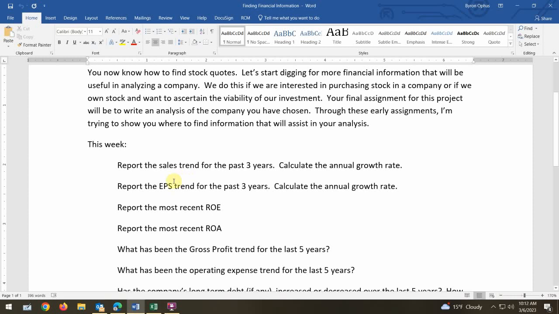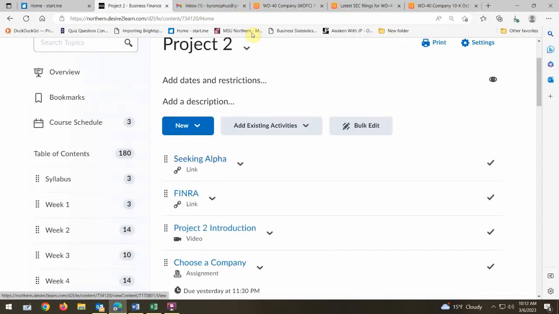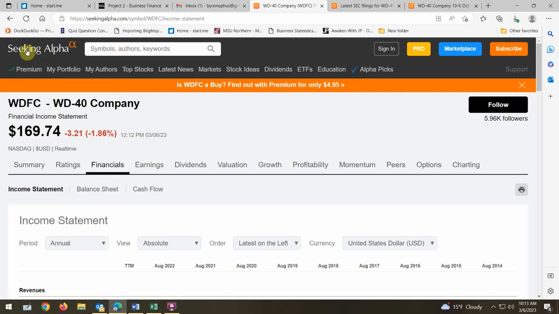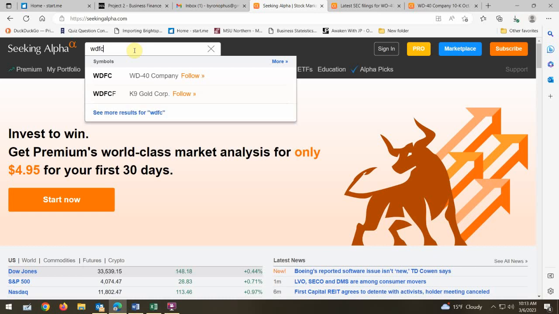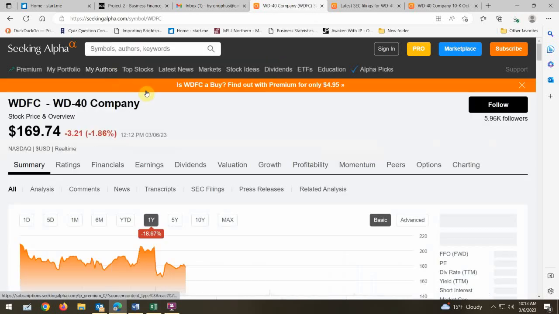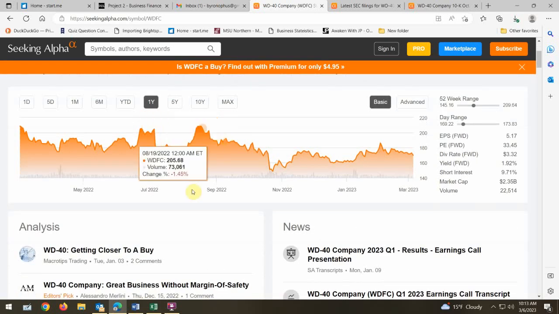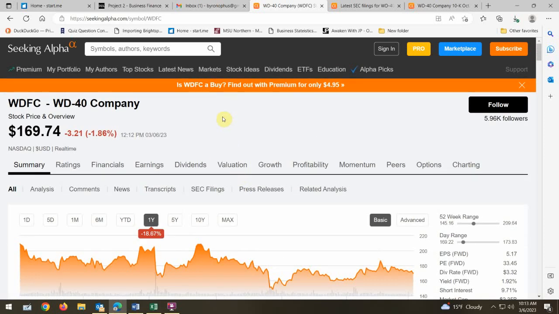But in any event, I ask for these things, so let's jump in and see how we can find them. Let's get to Seeking Alpha, and once again I went to just Seeking Alpha. I'm using WD-40 as my example. So I type in the ticker symbol, I click on that, and it brings me to a basic page. It gives me decent information, news, some different things. These news items might be things that you'll ultimately be interested in taking a look at for your own company, and maybe you ought to be following. WD-40 is not doing so well today, but anyhow,